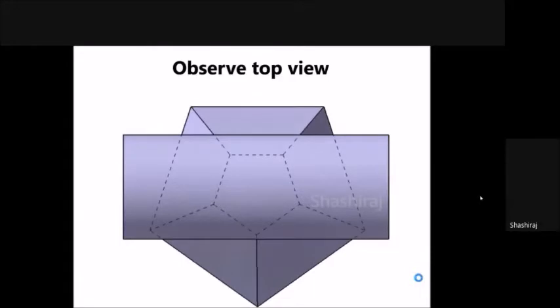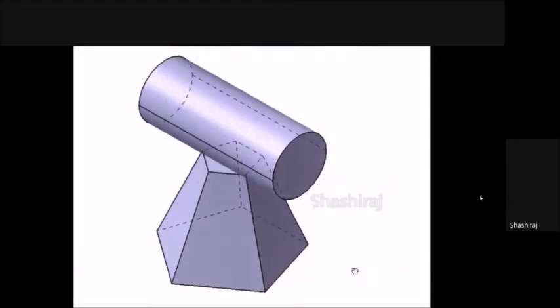In the top view, it looks like this. This is what is given in the question. Only this view is given, and you can see that the visible rectangle here, which represents one dimension, the diameter, and the other dimension, the length, is supposed to be the cylinder. And the bottom one is actually the frustum of a pentagonal pyramid. On top of it there is a cylinder which is horizontally placed such that the axis of the cylinder is parallel to one of the bottom edges.